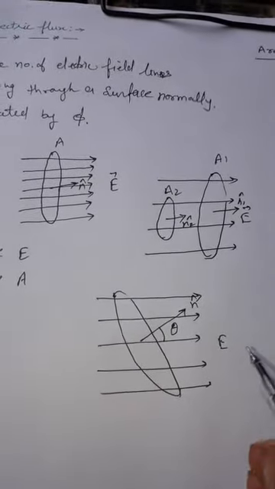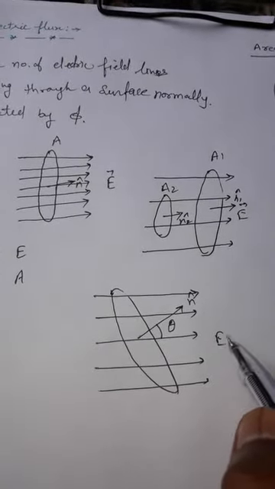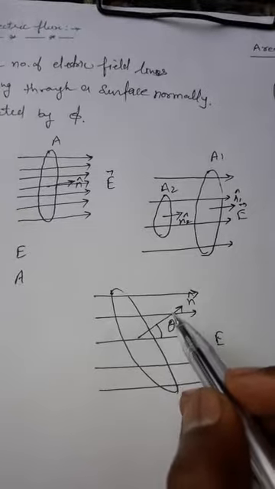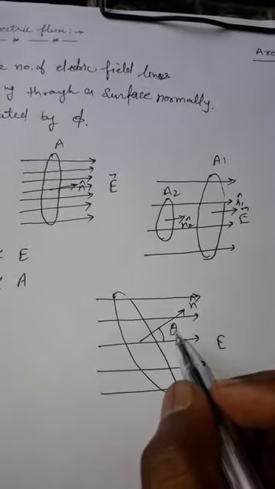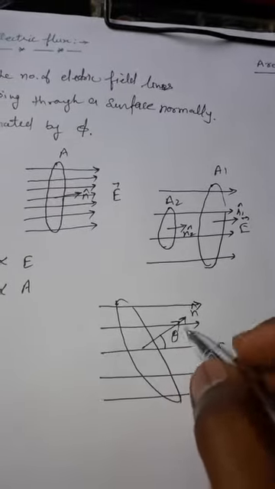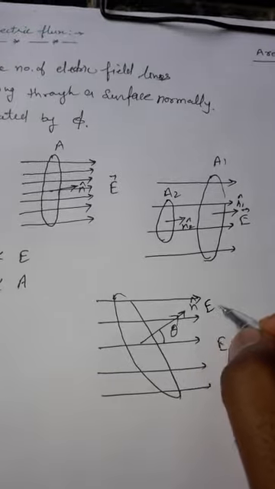So what is the amount of electric field along the direction of the normal? If this angle is theta, then along the normal there is a cosine component of